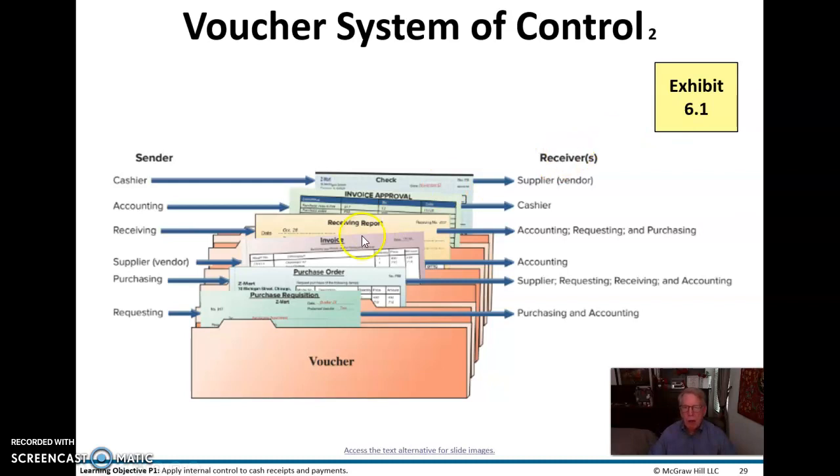You can see that here. And Best Buy creates an invoice. Okay? And so what happens is all of that, the purchase order, the receiving report, and the invoice all go